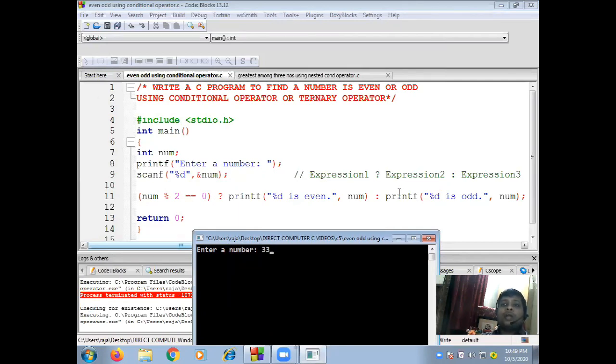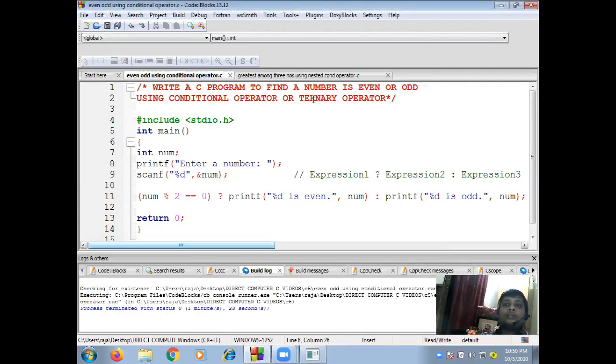It will directly go to after colon part, or this is the false part. So it will print what? %d is odd, comma number. So 33 is odd. Now see the output. Yes, 33 is odd. All of you understood? This is the syntax of what? Ternary operator or conditional operator. Clear? All of you clear?